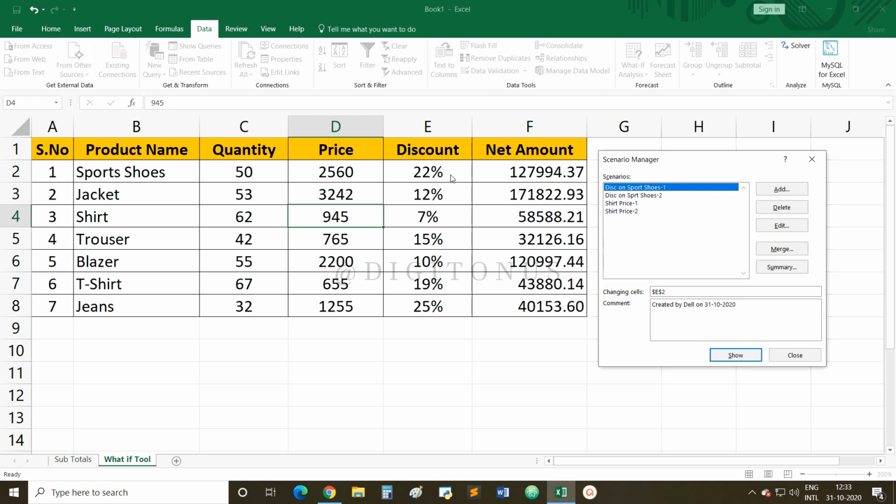If I make the discount 25% on sports shoes, what will be the impact on the net amount? So I have selected this scenario from the list. Once I have selected, you come down and click on this Show button. So once you click on this Show button, you can see now the amount is